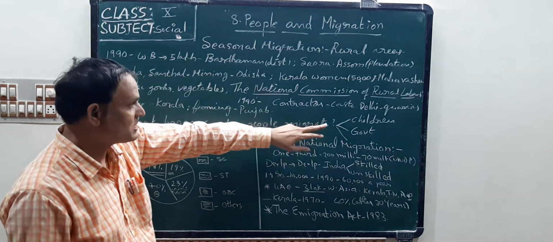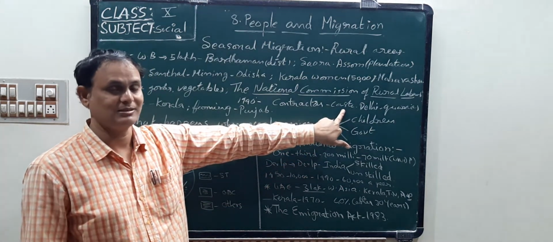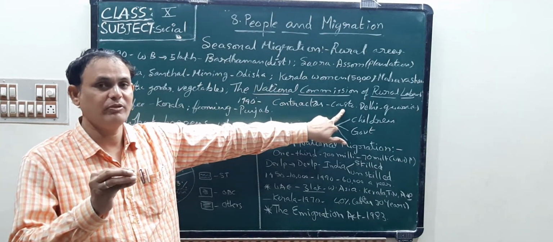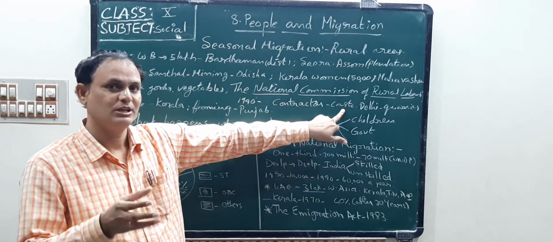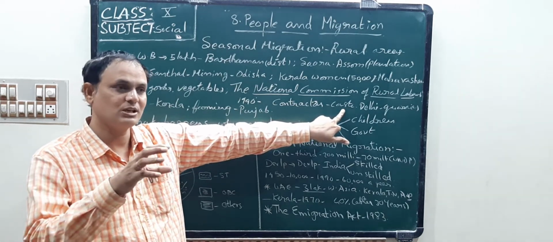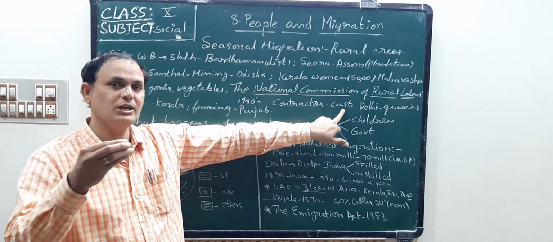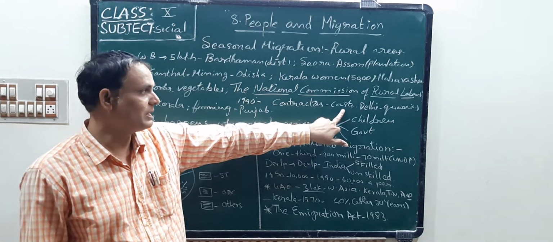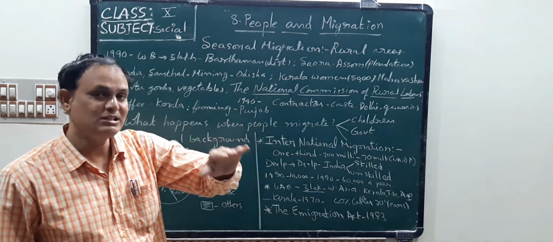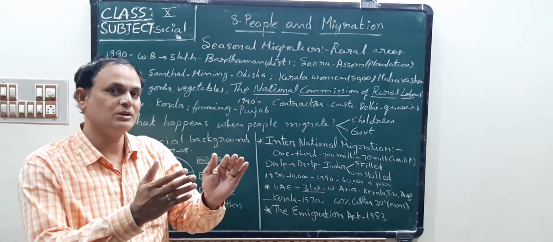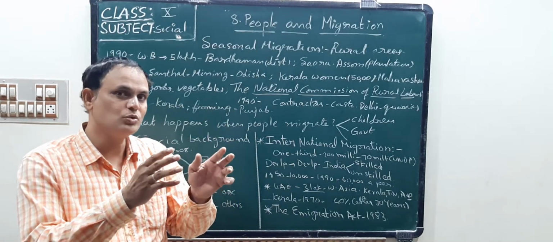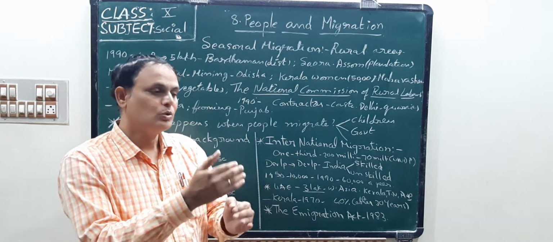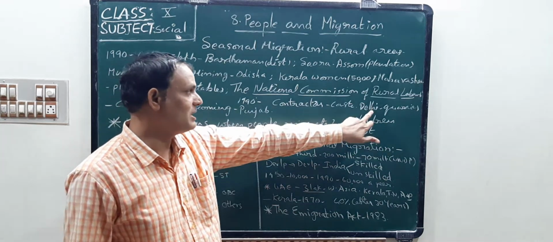Okay, children, especially people of some categories, that means some castes only, go. Why? Because they do not have any assets in their hometowns, in the village areas. So that is why, to survive their families, they simply go from their village to another village or town, etc. Okay, children, for example, we can find in Delhi, some people come around Delhi areas to do work in quarries. So why are they migrating? To do work in quarries in Delhi areas.